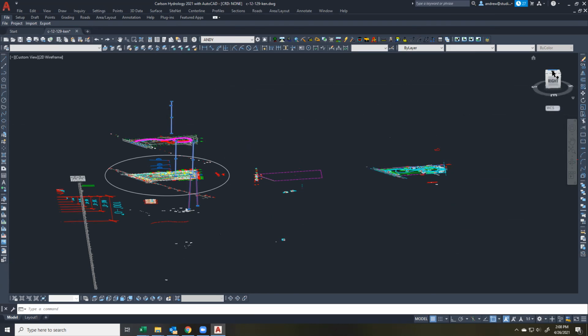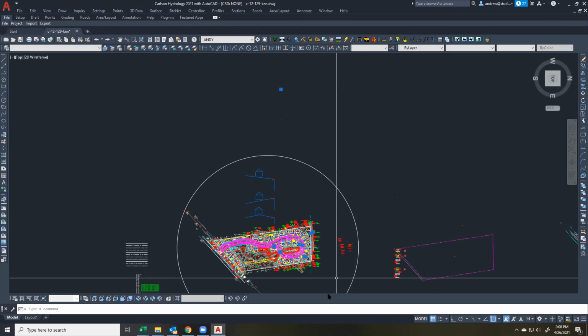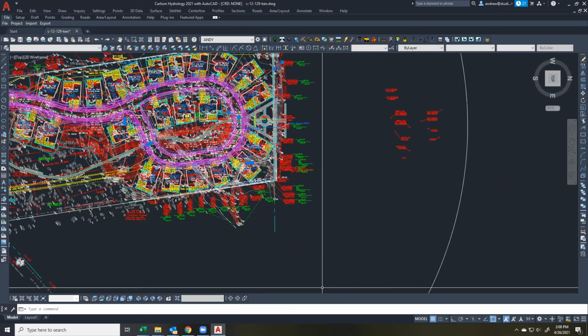let me go back to this. Could do a drawing cleanup maybe and get everything other than my range on zero. Maybe I can do something like that. So if I look at